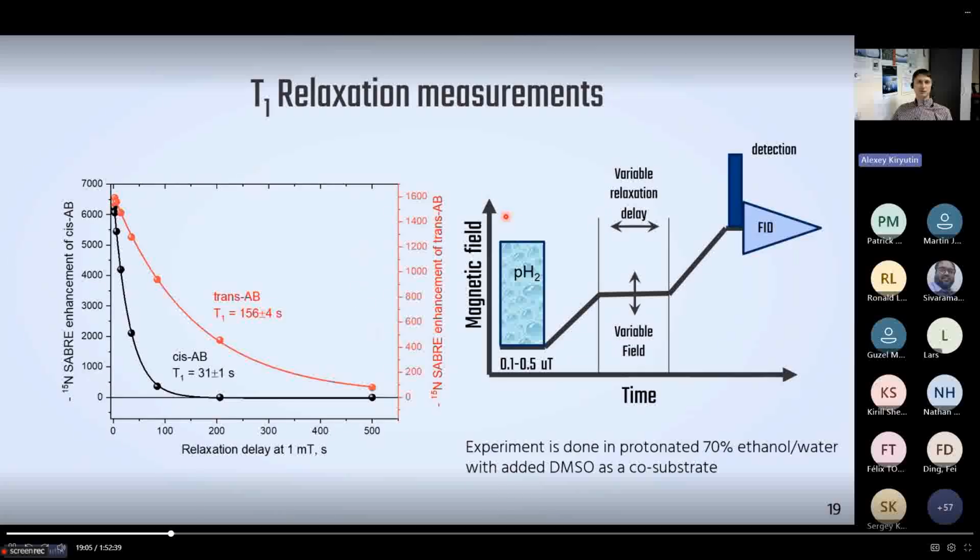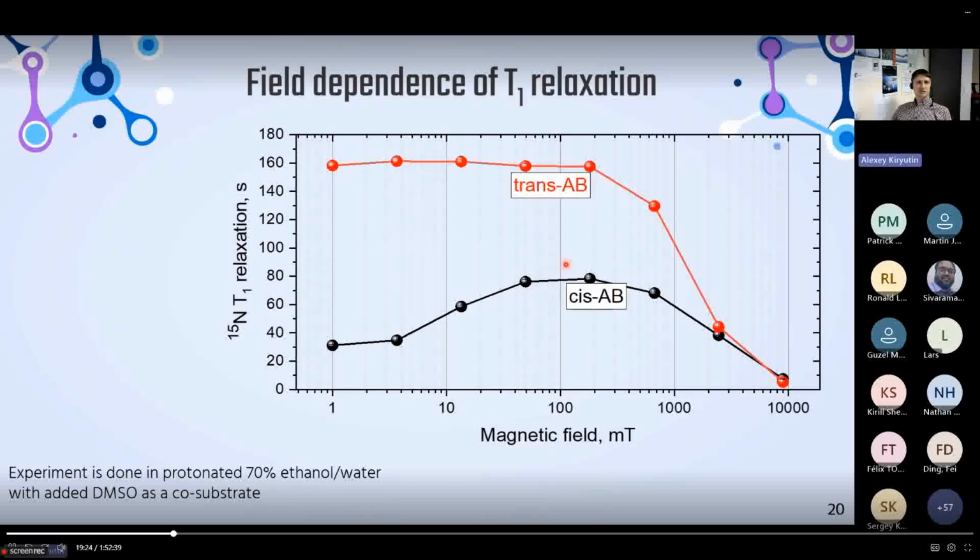The SABRE experiments with azobenzene were highly reproducible, and the sample showed virtually no degradation, which allowed us to perform relaxation measurements in a magnetic field range from 1 millitesla to 9 tesla. The protocol of this experiment is shown on this slide. The so-called relaxation dispersion, or T1 dependence on a magnetic field, for the two azobenzene isomers is shown on the